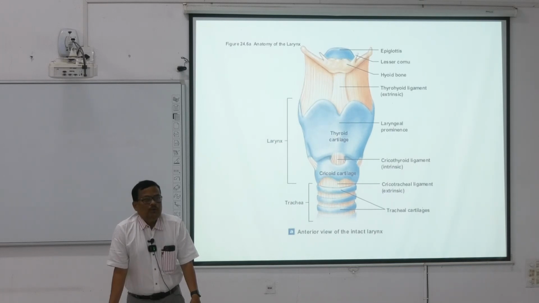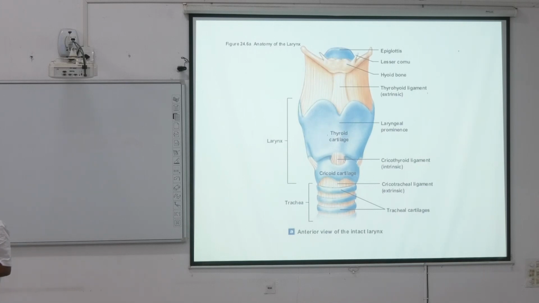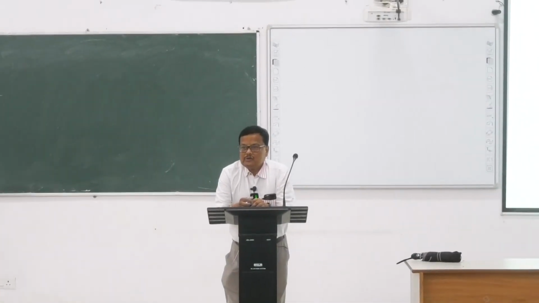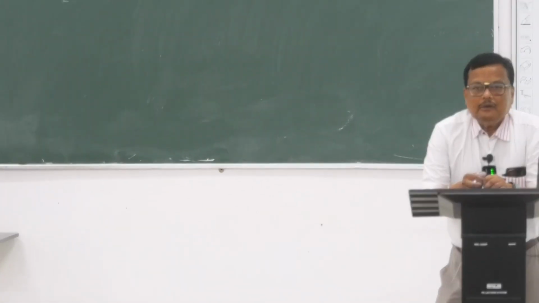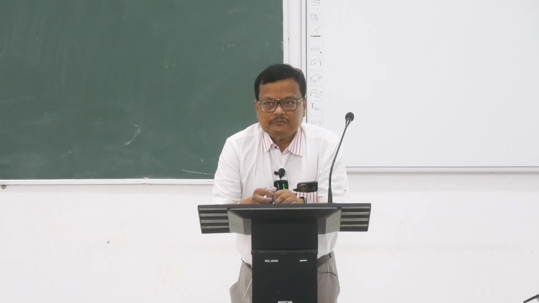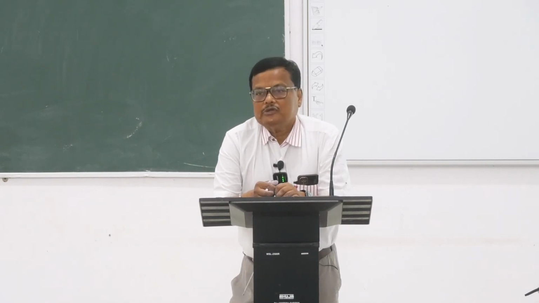In examination, what are the usual questions? Usual questions are many. I am telling about theory. Commonly, the question is to enumerate the cartilages of the larynx and their histological structure. Next question, enumerate the intrinsic muscles of the larynx with their nerve supply and their action on the rima glottidis.